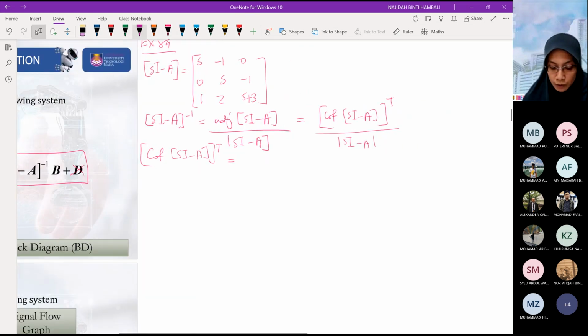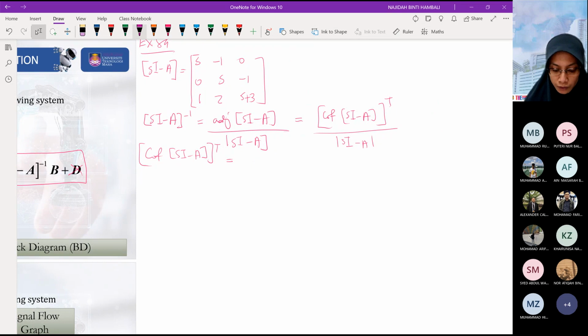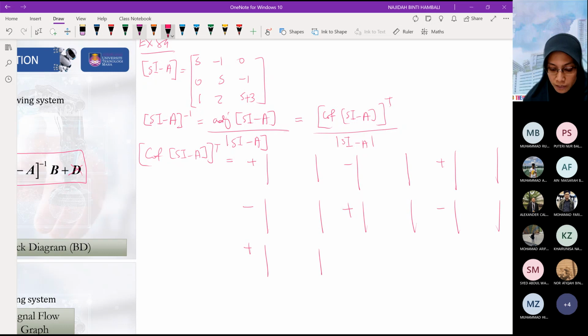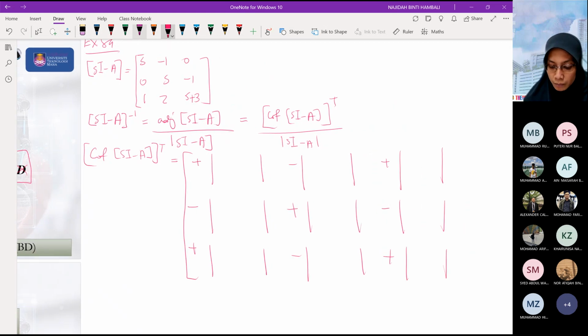So let's start our arrangement of the cofactor. So this is plus. The second one will be minus. Third one will be plus. For the second row it will start with minus. The next one plus. The next one minus. For the third row, it will start with positive polarity first. The next one minus. The next one plus. Okay, so this is the structure based on the polarity for each column and row. And then after you determine this one, you have to transpose to get the answer as the adjoint matrix. So for this one,